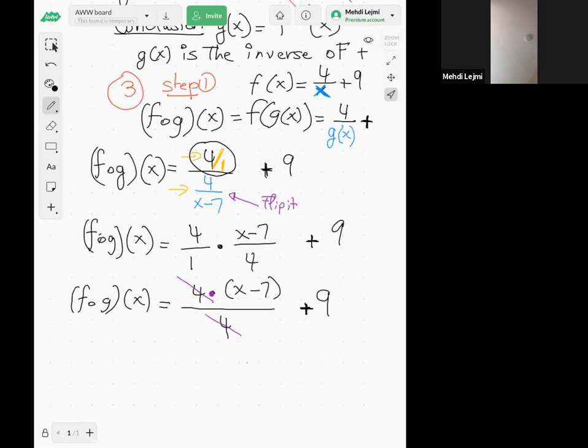So this f composed with g of x, now it's x minus 7. When you cancel out the 4 in the bottom, this is like 4 times 1, so actually you're left with 1 in the bottom. So this is like x minus 7 over 1. And any number over 1 would be the same number, so x minus 7 over 1 is x minus 7. All right, and then this is plus 9 here. Now, minus 7 plus 9, that would be plus 2, right? So f composed with g of x,